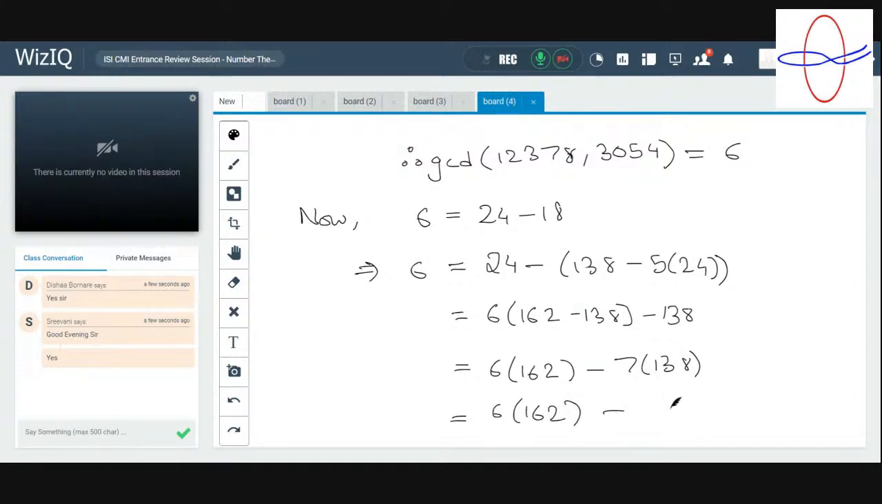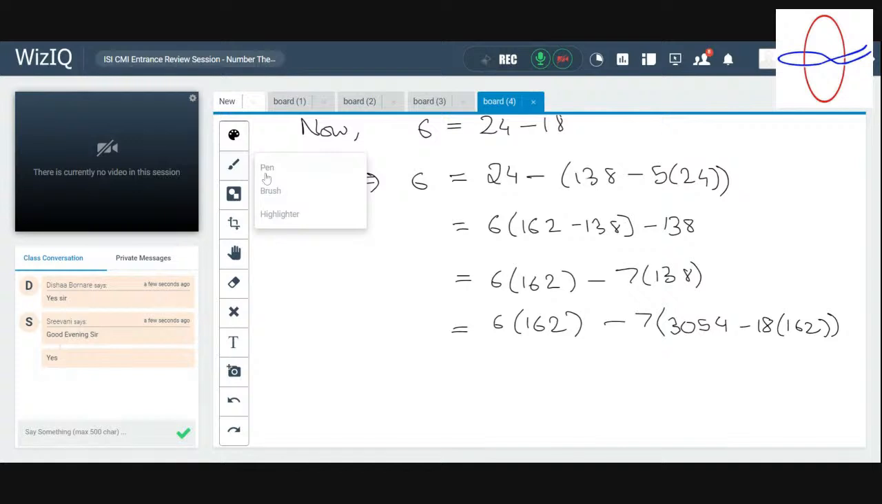You can find a more detailed explanation of all of this in Burton's book, which is where my example can also be found, I think, if I remember correctly. Then you have, so this is 132 times 162 minus 7 times 3054,